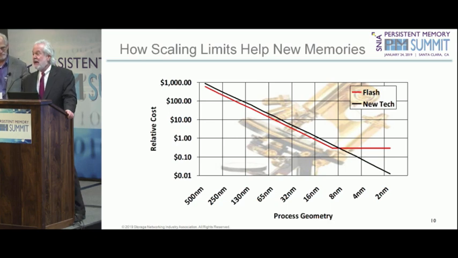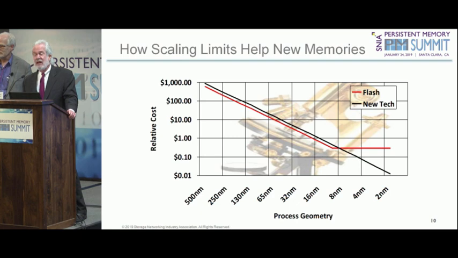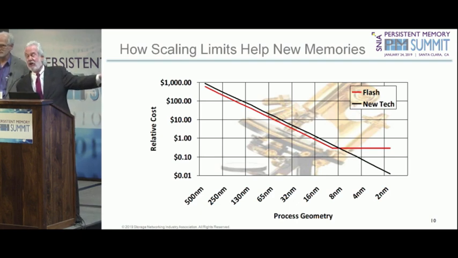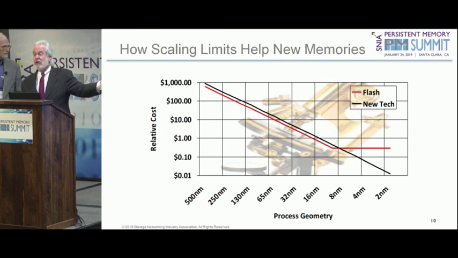And NAND flash stopped scaling at 15 nanometers, planar NAND flash. So this is represented by the knee in the curve for the red line. That red line, if you can't take the process down to 8 nanometers, 4 nanometers, 2 nanometers, then that means that no matter whether you're building anything else on that chip at those smaller process geometries, the cost of the NAND isn't going to go down when you